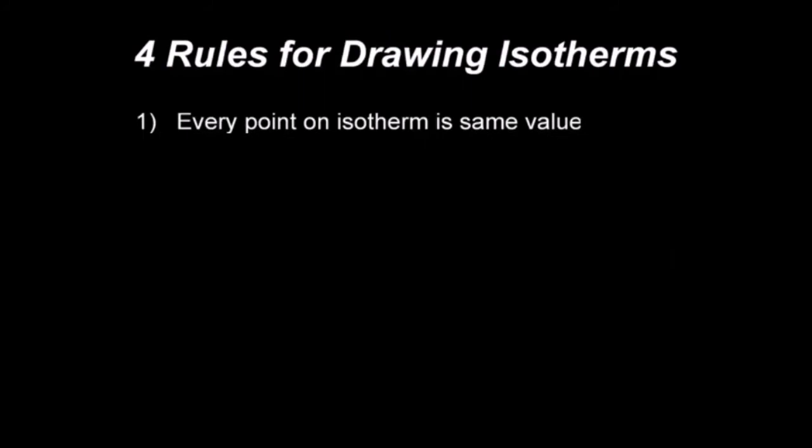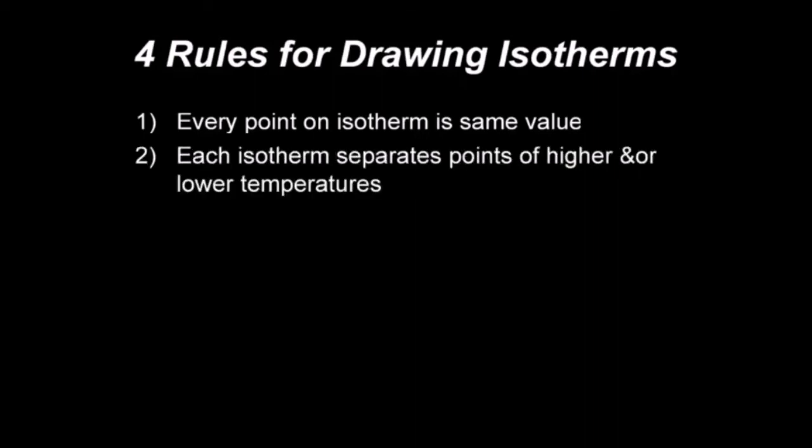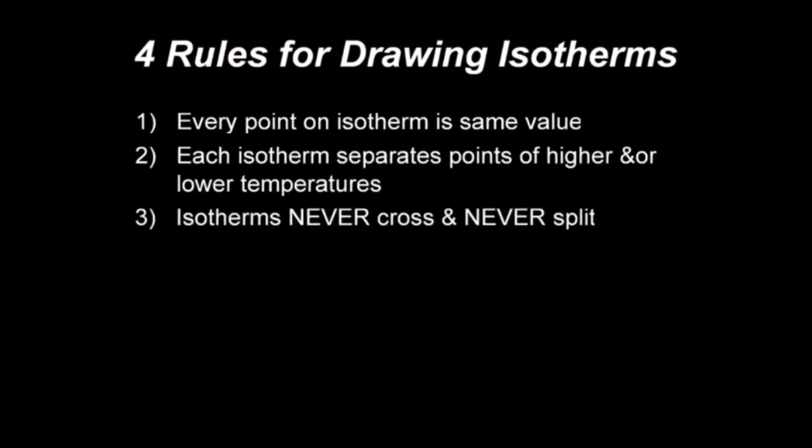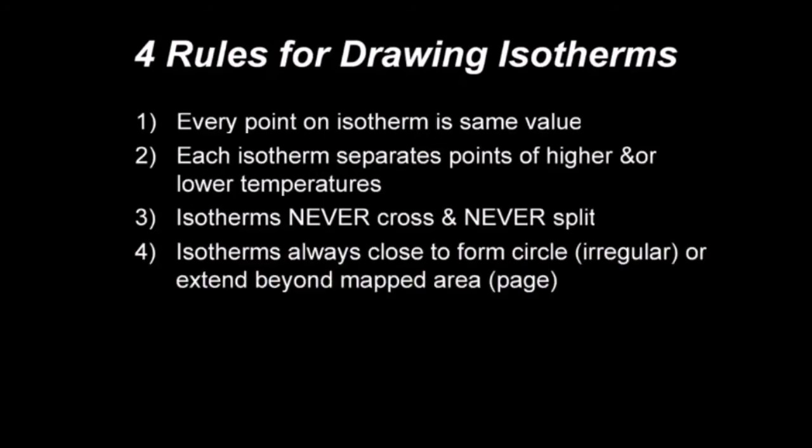Here are the 4 rules for drawing isotherm lines. First off, every point on an isotherm is the same value. Secondly, each isotherm separates points of either higher or lower temperatures. Third, isotherms never cross, and they never ever split. And finally, isotherms always close to form a circle, or extend beyond the mapped area, or extend to the